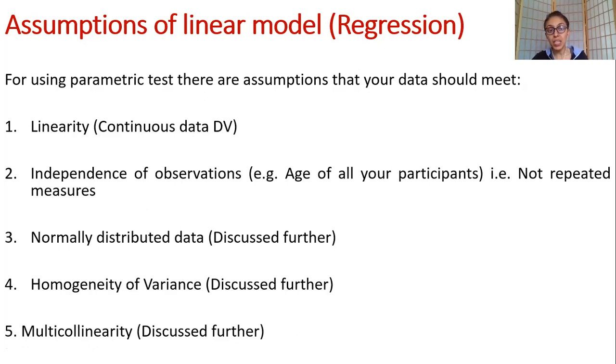Then you have linearity. What is linearity? It means that your dependent variable should be continuous in nature. All right, that is very, very important. As I said, IV, your independent variable can be continuous, categorical, both, which is totally fine. Your DV has to be continuous in nature for linear regression. As for binary logistic regression, your DV has to be bicategorical in nature. All right. Then you have homogeneity of variance, what it means we'll discuss further, and multicollinearity. So these 5 assumptions are very, very important and they need to be met before you proceed further in actually doing regression in real life.